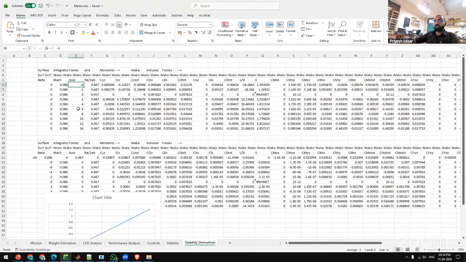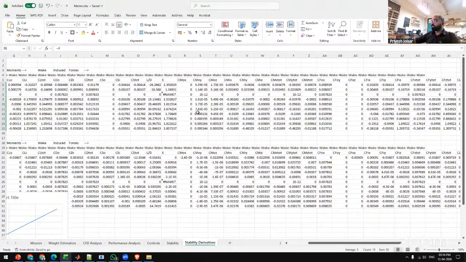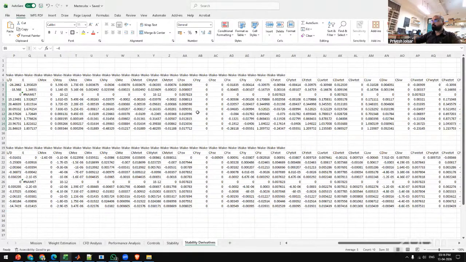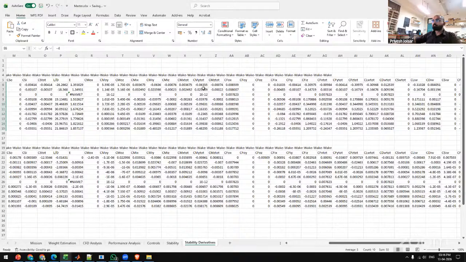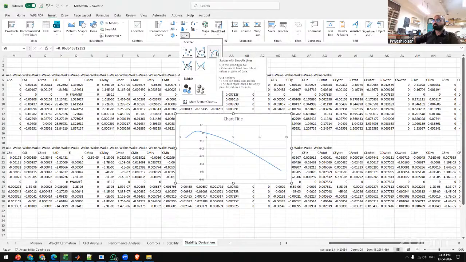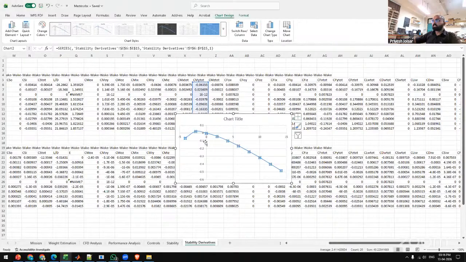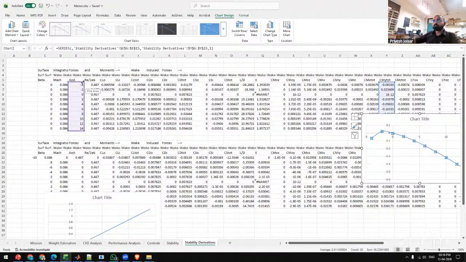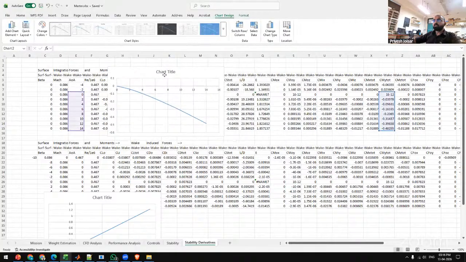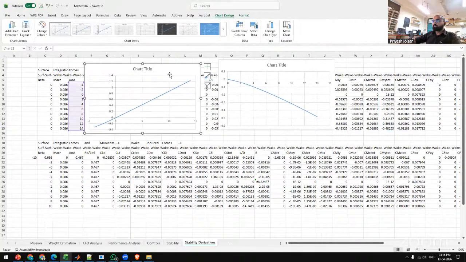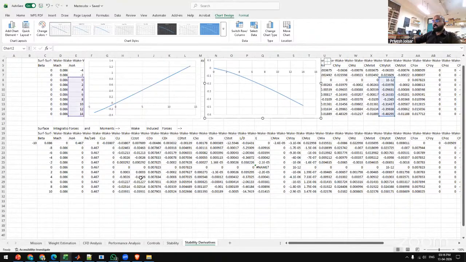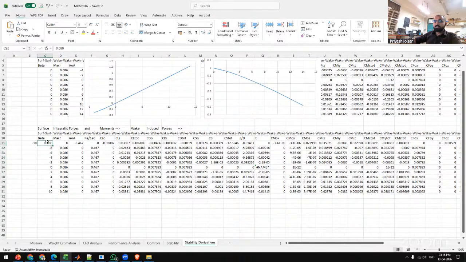Then you can plot angle of attack versus your CMY, and make sure you take the linear region. You take the linear region only. So this is your CL alpha, CM alpha, and in beta sweep you need to plot your beta versus